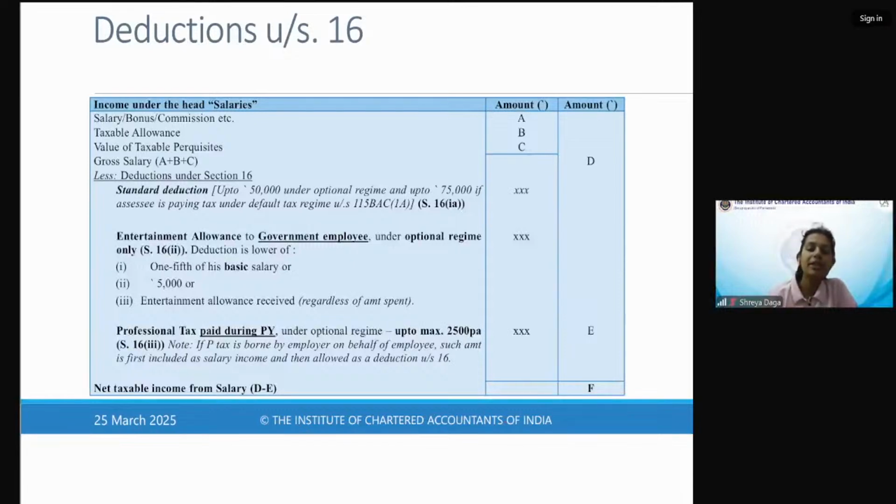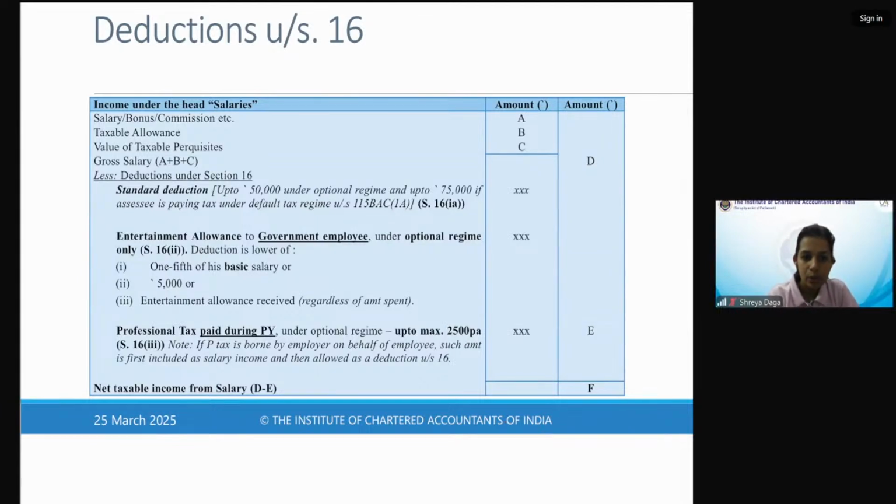So most of the things you will find are on accrual basis. That is, if it is this year, then you tax it in this year. But salary is due or receipt basis, whichever is earlier. And in case of professional tax deduction, it is on payment basis only, cash basis only. So professional tax paid during the previous year up to maximum 2,500 per annum is the reduction that the